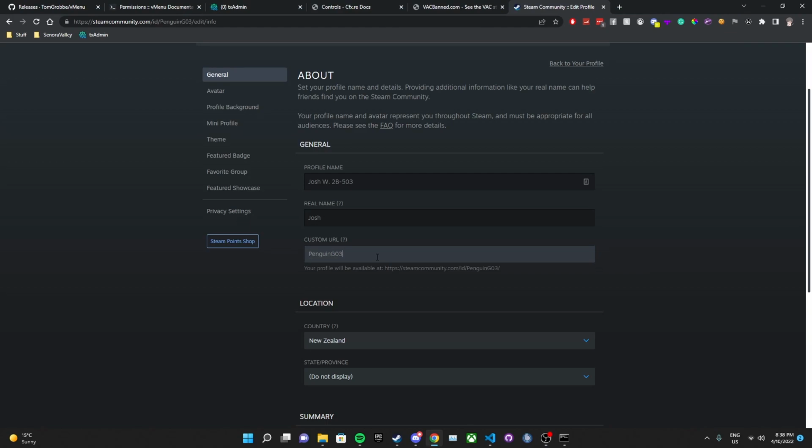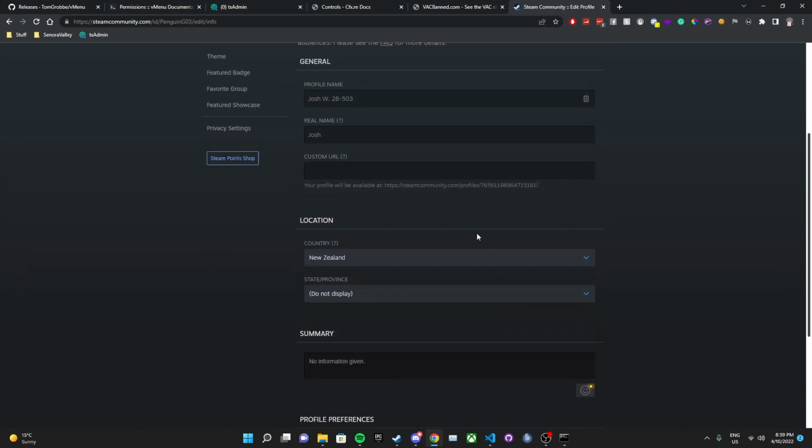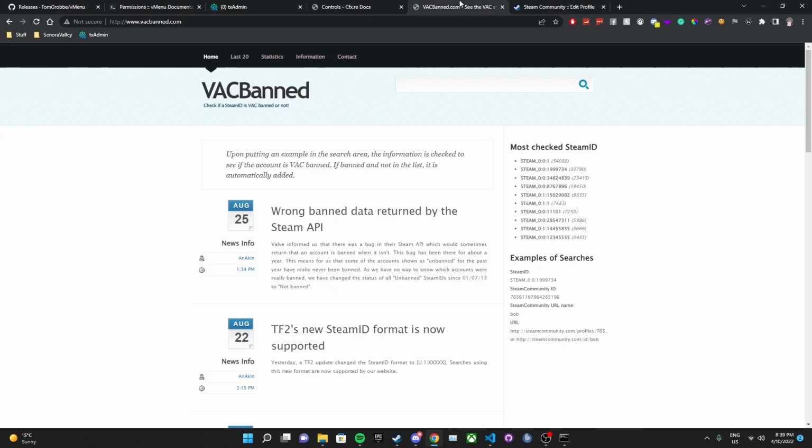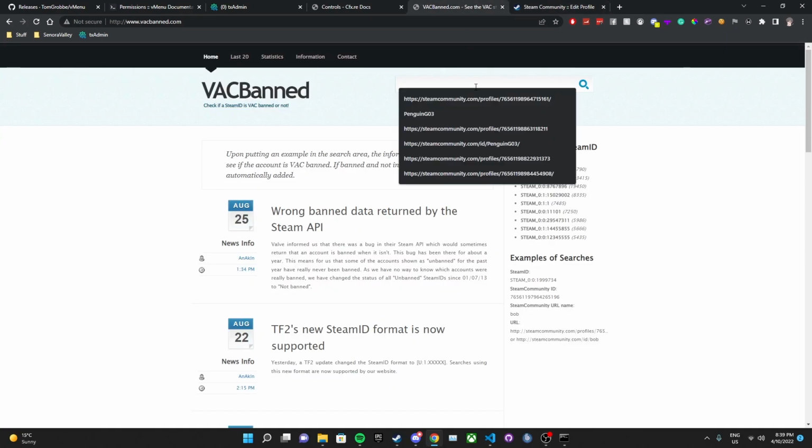Make sure when you do this, you don't have your custom URL on. You will need to delete that, copy this. You do not need to save it as not having a custom URL. Once you refresh the page, it'll automatically set back to my old one. Then you're going to want to paste it into vMenu,